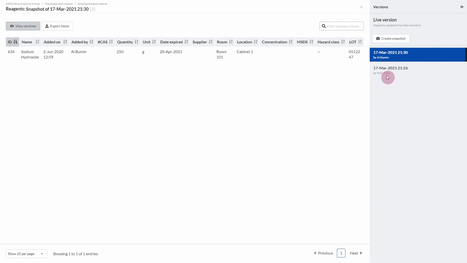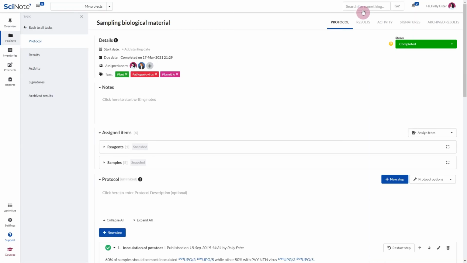You are quickly able to tell whether a task already has a snapshot of assigned inventory items by checking if